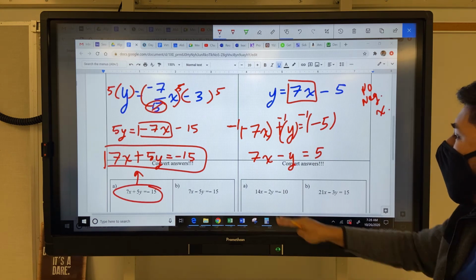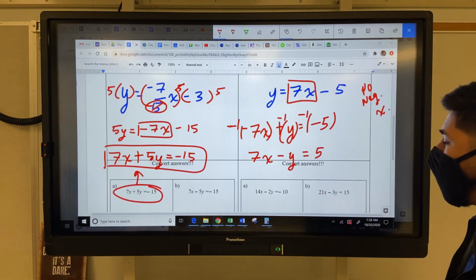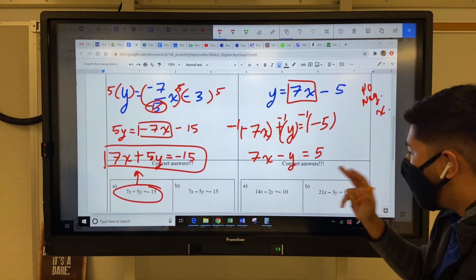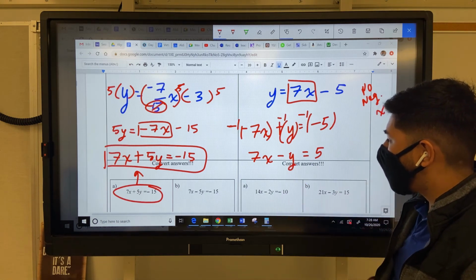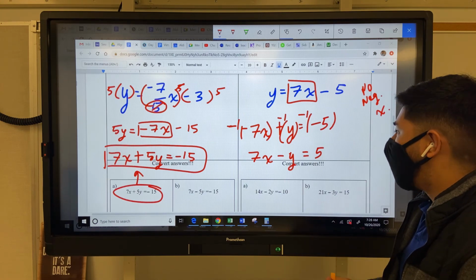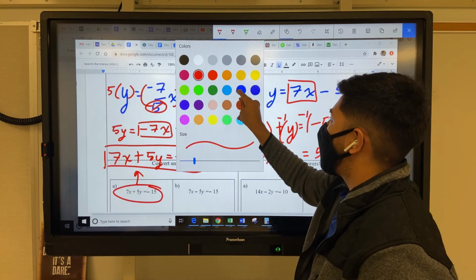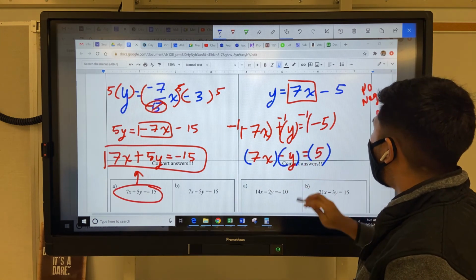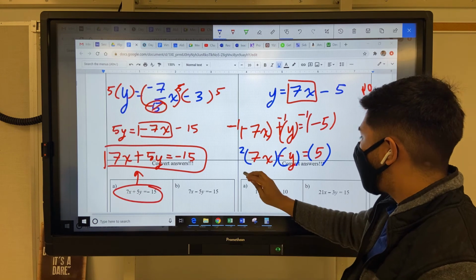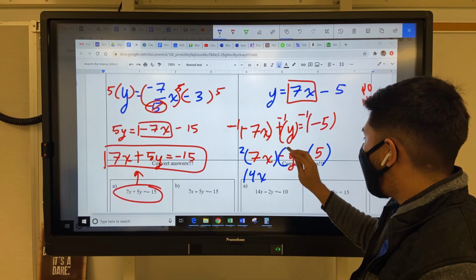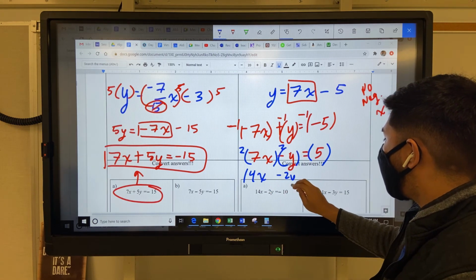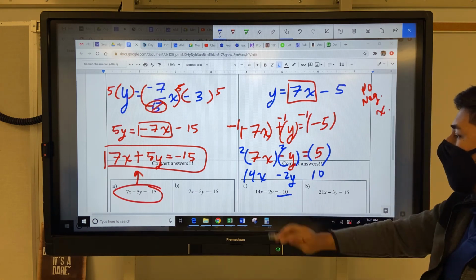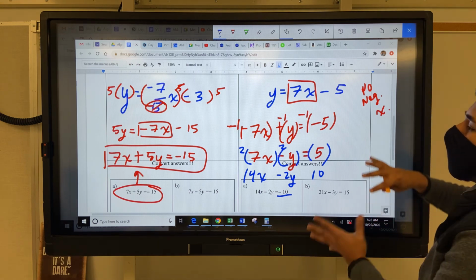Still have an issue. None of this looks like my answer choices. But I can look at this and see, oh, they're multiples of 2. So I can do multiplying by 2. But like I said, this is where a lot of our choices become a little tedious because if I multiply by 2, that's 14x. Okay, great. Multiply by 2, that's -2. Okay. Multiply by 2, that's 10. That's a -10, so that doesn't work. So as you can see, this is a little